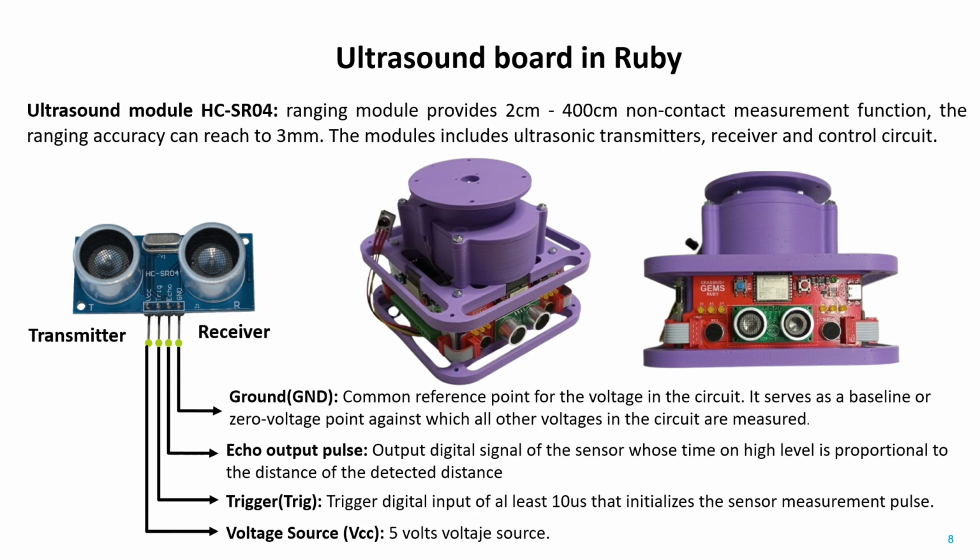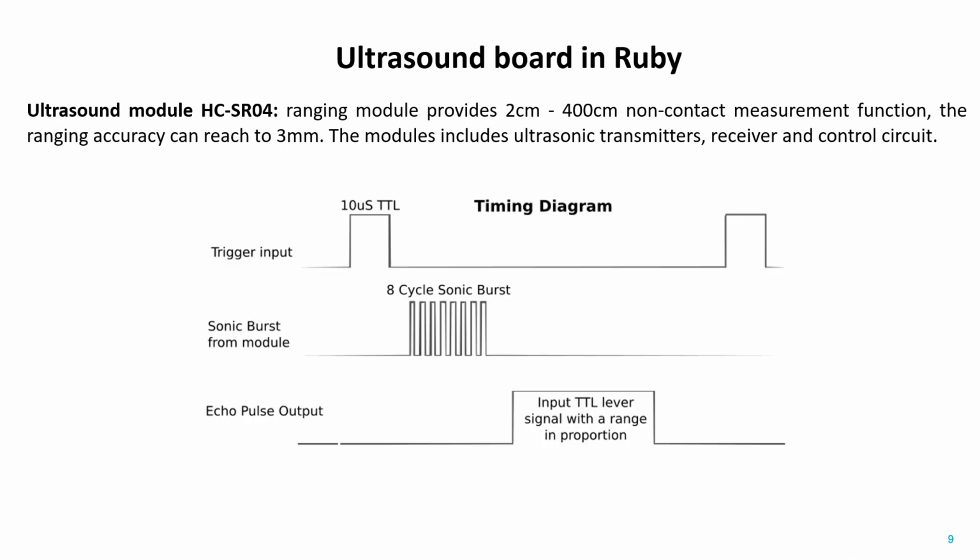This module is capable of measuring distance from 2 cm to 400 cm with high accuracy, often up to 3 mm. In this page, we can visualize the workflow of the HC-SR04, including the timing between the trigger, emission, and receiving echo. It is important to mention that the minimum trigger high time is 10 microseconds and that the distance measurement is coded as the width of the square signal obtained in the echo pin.